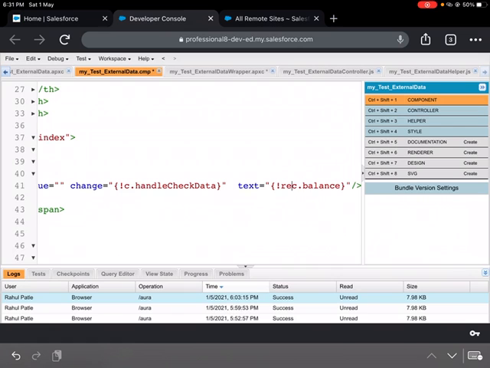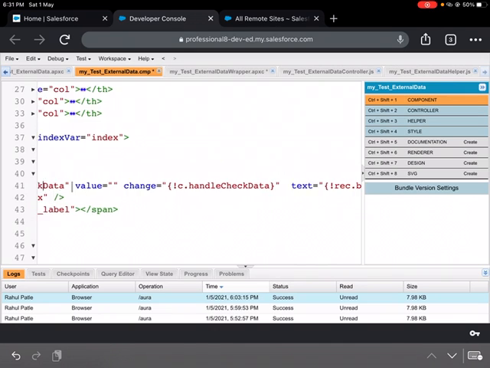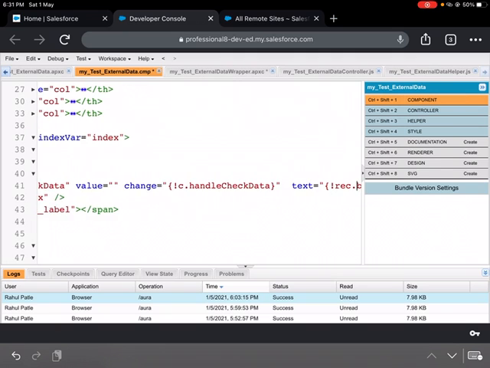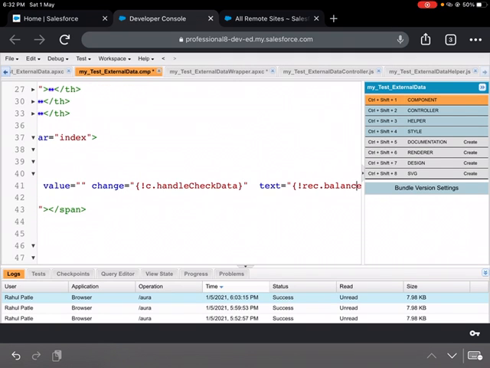So for each record I am taking the balance. As soon as I get the DOM element for this Aura ID, check data, I will get the balance here, because I'm putting that balance in a text tag.